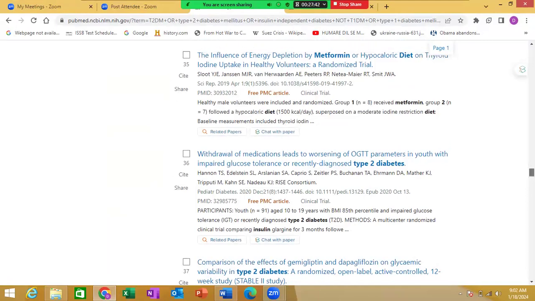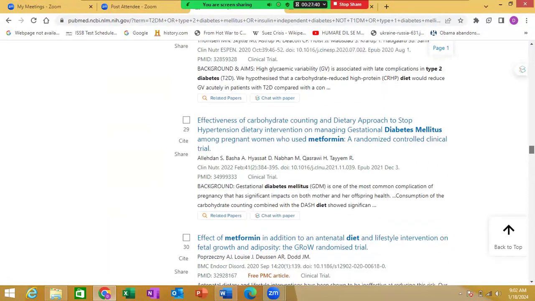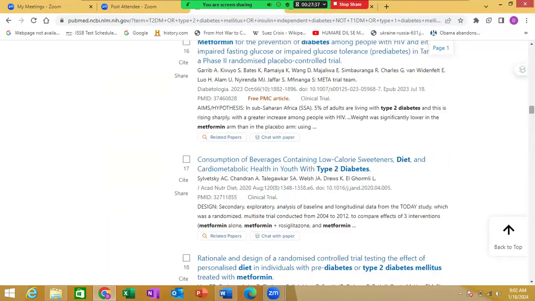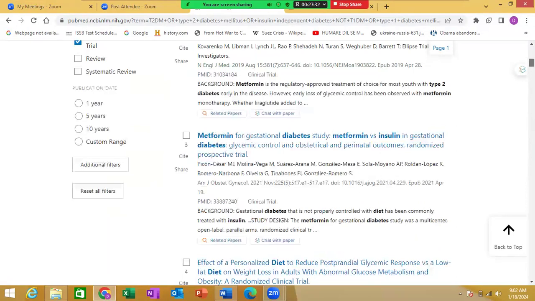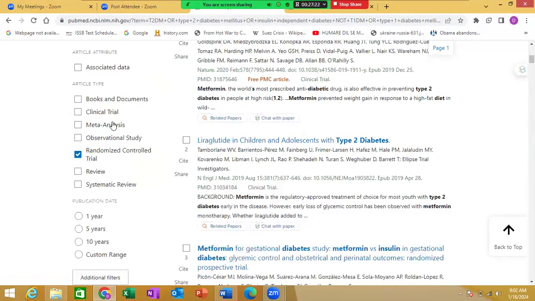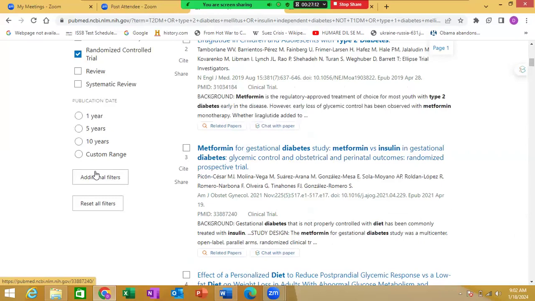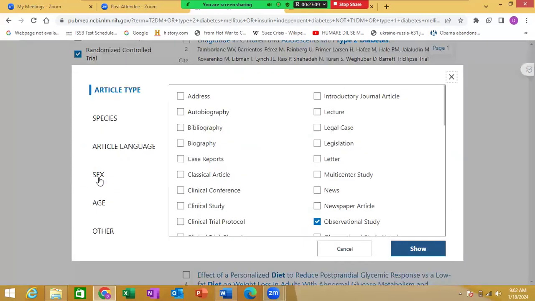Second thing, I want to add something more here. What will I add? For example, you also have a filter here for the last 5-10 years. Okay, for example, I want some additional filters. Let's see. I have added this observational study. Sometimes this observational study option is not here, and there are different other filters. You can go for these additional filters option here, and you see they have a lot of additional